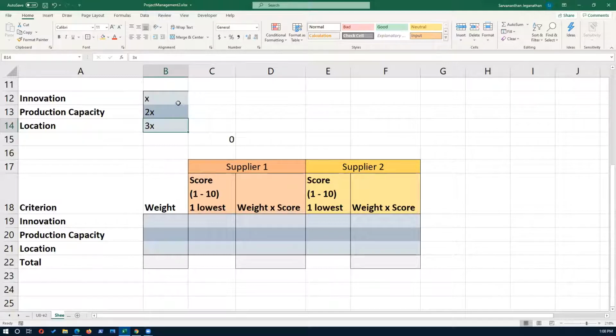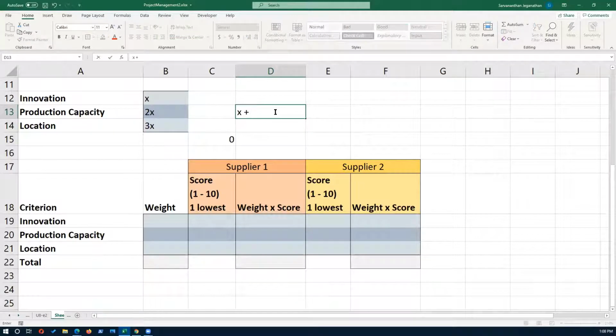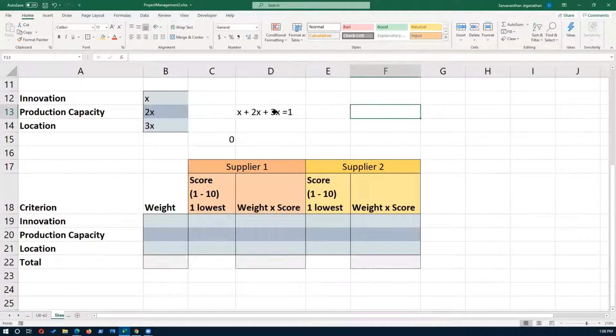Now, for us to use it in a table like this, you need to convert this and find out what X is. So you can create a simple formula like this. X plus 2X plus 3X should be equal to 1. If you evaluate that, it will give you 6X is equal to 1. And that means X is equal to